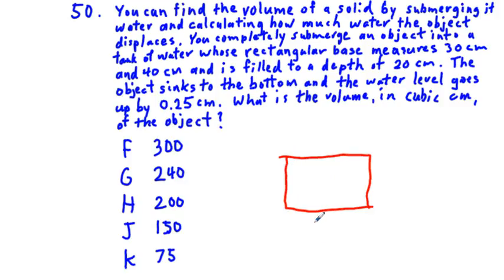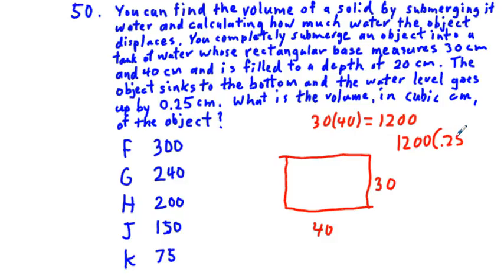You have the base is going to be 40 centimeters by 30. And so the area of the base is going to be 30 times 40, which is equal to 1,200 square centimeters. And if you raise this by 1 centimeter, you'd have 1,200 cubic centimeters, right? But what you have to do is take this 1,200 and multiply it by the 0.25 centimeters that it was raised, and for that you're going to get 300 as an output, which is answer choice F. Next,